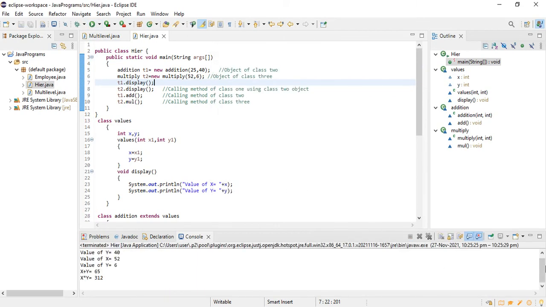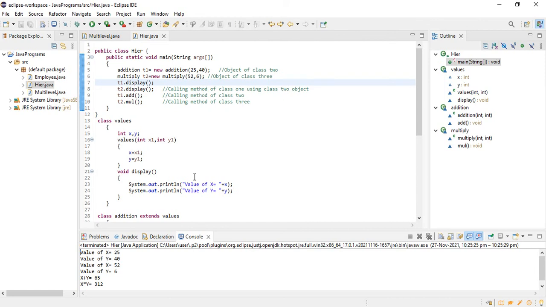Now you can see my x and y values. When I call T1.display, it shows my x and y values as 25 and 40, because I assigned these two values to my first object. Then these two values are used to perform the addition operation, so my answer is 65.